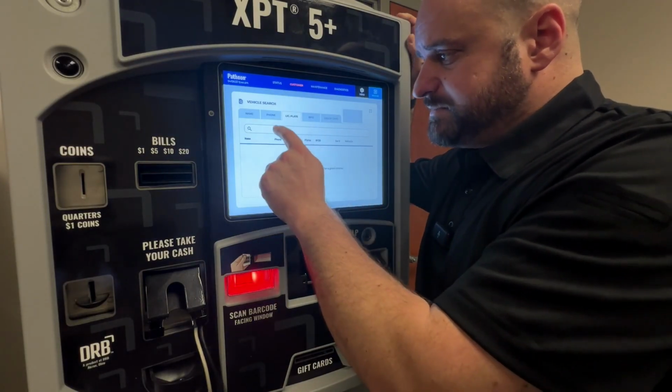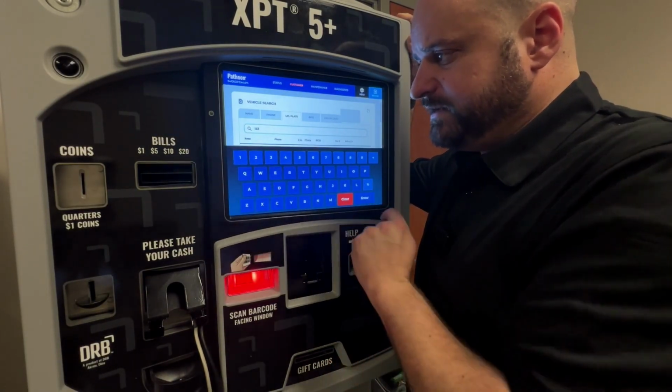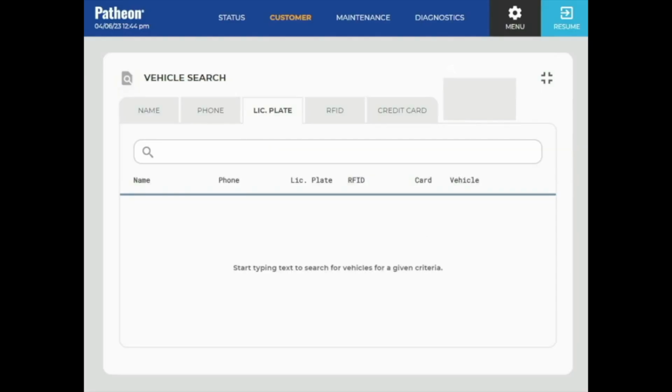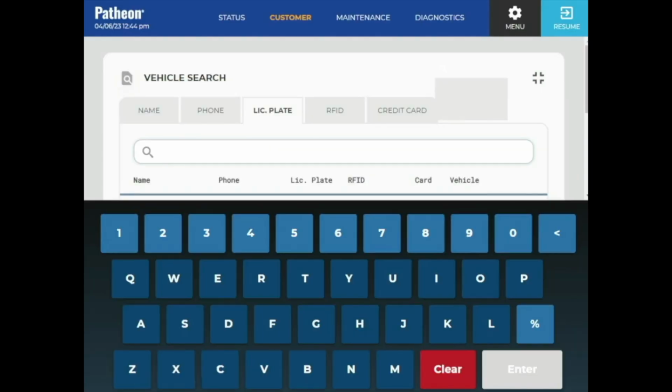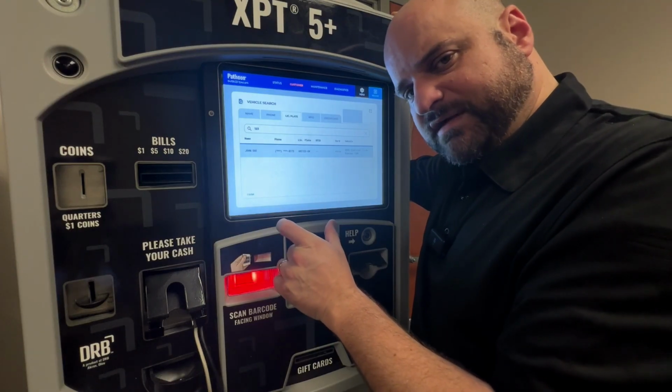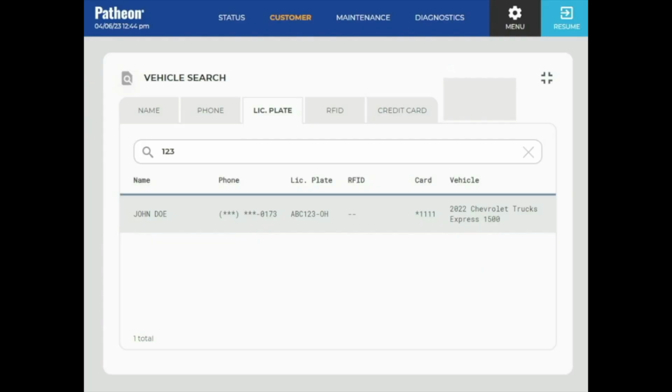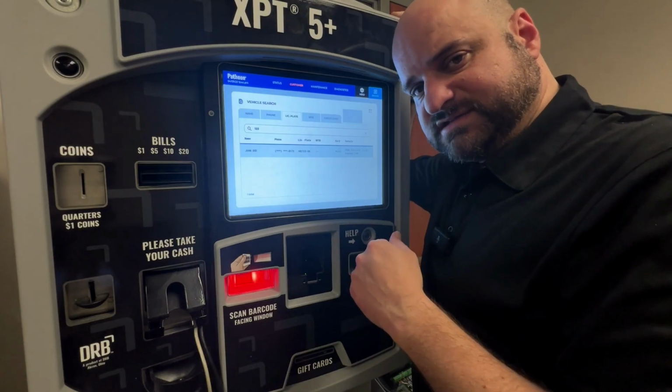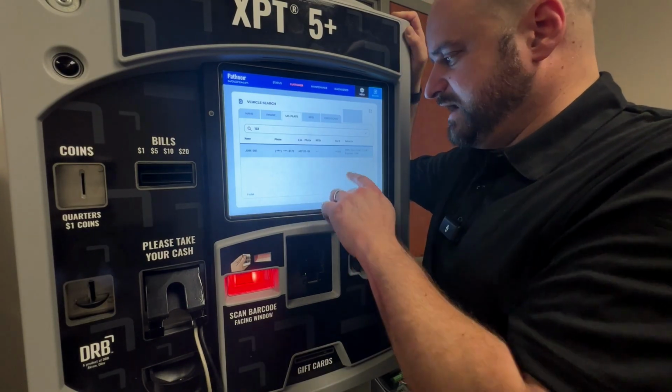You can look up customers by their license plate or part of the plate. Once the vehicle search section comes up, you can go ahead and search for a partial plate. Be sure to hit enter on that partial plate, and all of the results that have that partial plate will be in there, including this one is ABC123 Ohio, my John Doe customer, and it shows me a 2022 Chevrolet truck. I'll verify that that is in fact the vehicle that is in the lane, and if so, I will